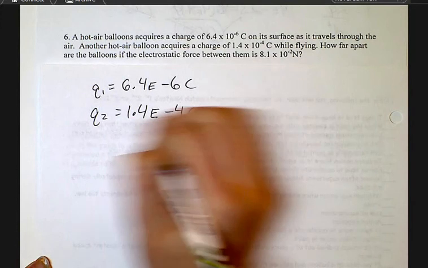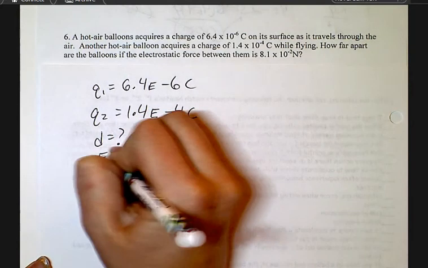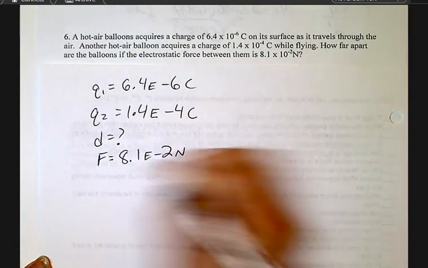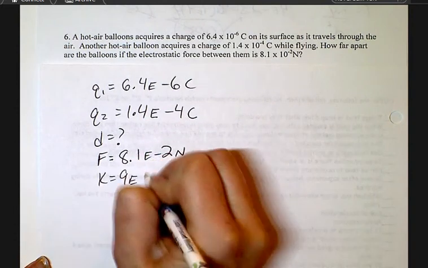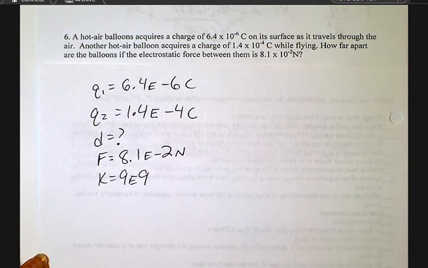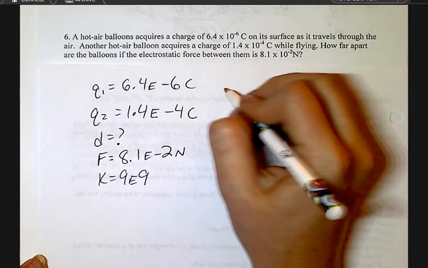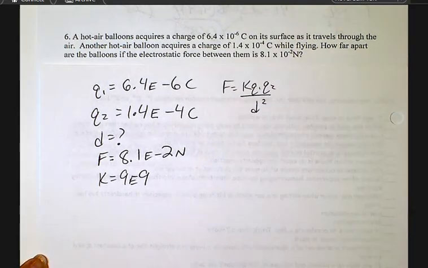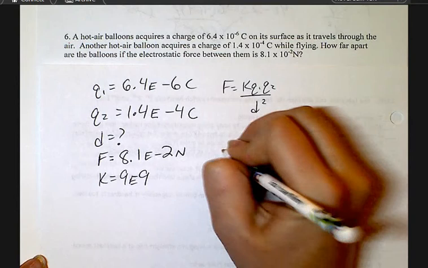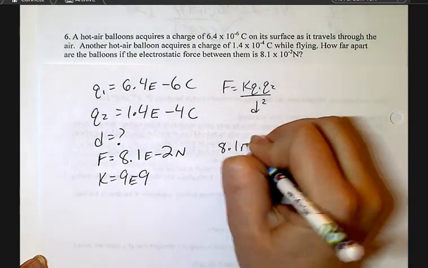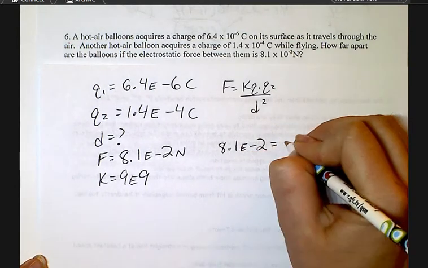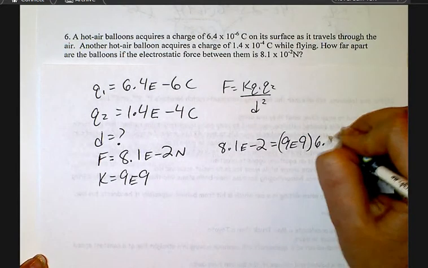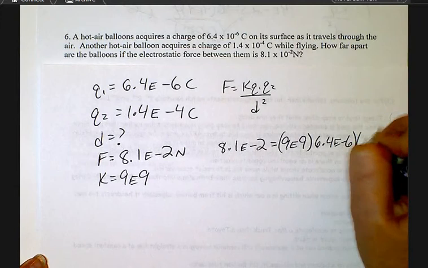And I'm looking for the distance, if I know that the force between them is 8.1 e to the minus 2, and don't forget I know that K is 9e9. So I've got my equation, and I'm just going to plug in. So I've got 8.1 e to the minus 2 equal to K times one of my charges times the other charge,